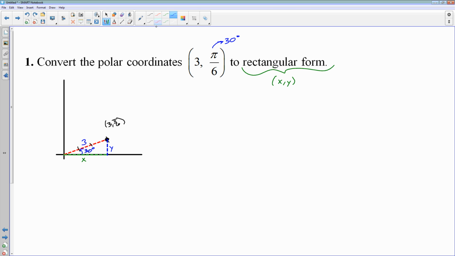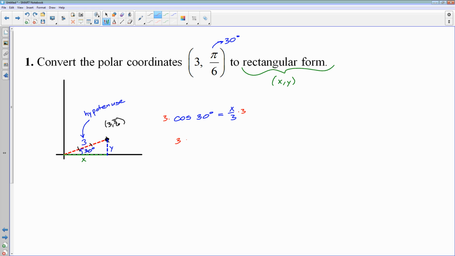Since I do know the length of my hypotenuse, 3 is my hypotenuse, I need to choose a trig function that actually uses the hypotenuse. That means I'm limited to sine and cosine. I don't want to use tangent because then I would have y over x, and they're both variables. So for my x, I'm going to say cosine of 30 degrees is equal to adjacent over hypotenuse, x over 3, which means, if I multiply both sides by 3,